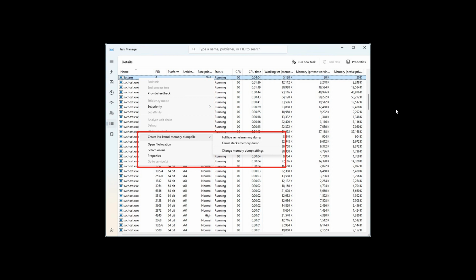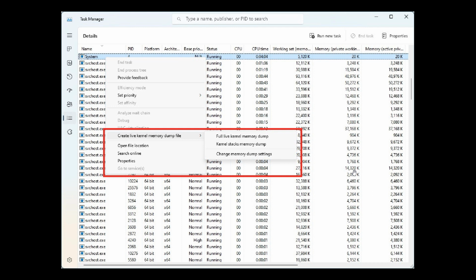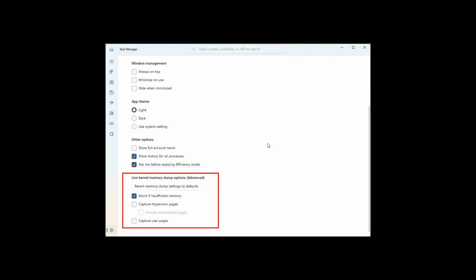You can now create live kernel memory dumps in the task manager. And this is mainly geared towards IT admins and so on, but nonetheless, to capture a live kernel memory dump, you go to the details menu in the task manager, right click on the actual system process, and the context menu then should light up to show you, as we can see, create live kernel memory dump file, and then you can capture a full live kernel memory dump and also a kernel stacks memory dump. So I think if you are an IT admin, that will be a useful feature if and when it does